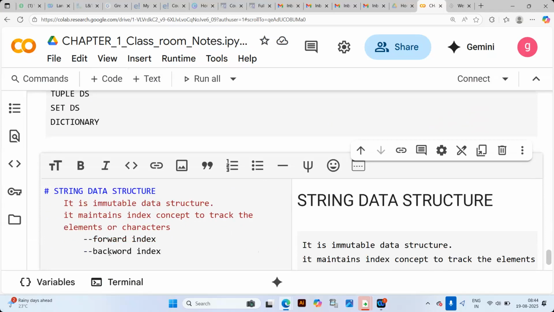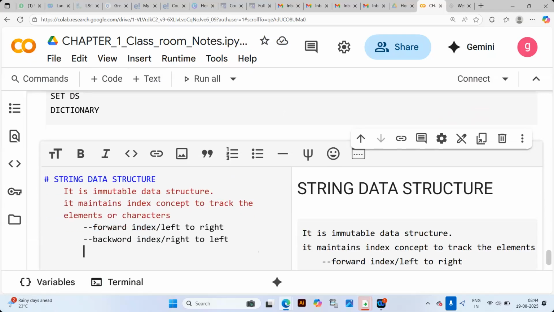Humans can follow only forward index. Forward index is also known as left to right, whereas backward means right to left. Okay, let us understand some more things.